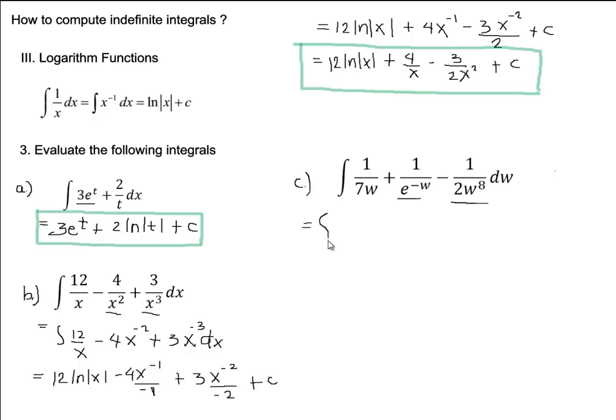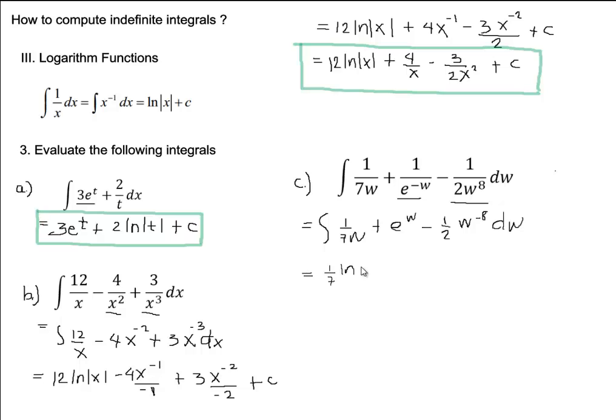The integral of 1 over 7w plus e, this will become positive w, so minus 1/2 w, this will become negative 8 dw. Okay, integrating the first term, 1 over 7